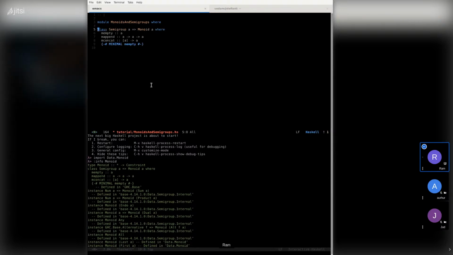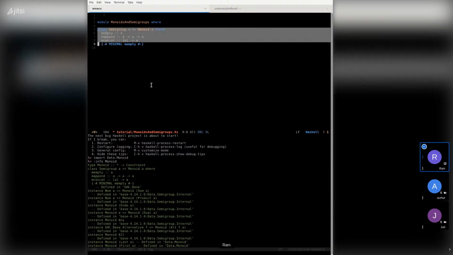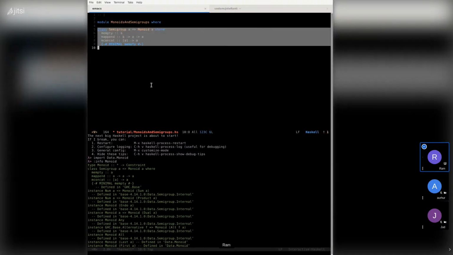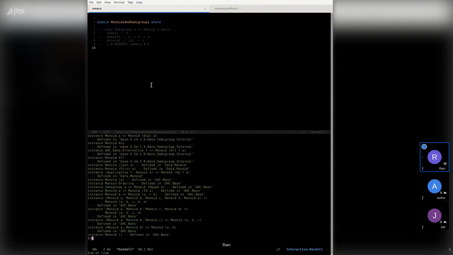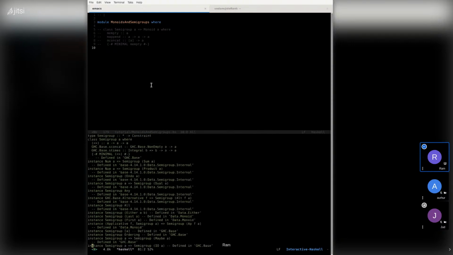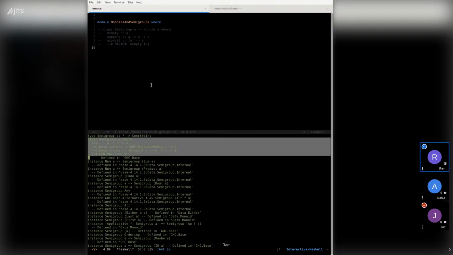It's important to keep these in mind when you are looking at the type classes themselves and their signatures and what they represent. So this is what the monoid is defined as, and this is what a semigroup is defined as.